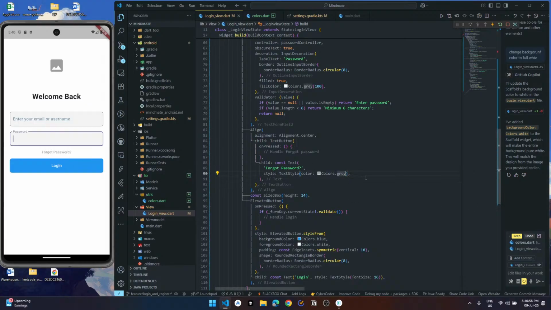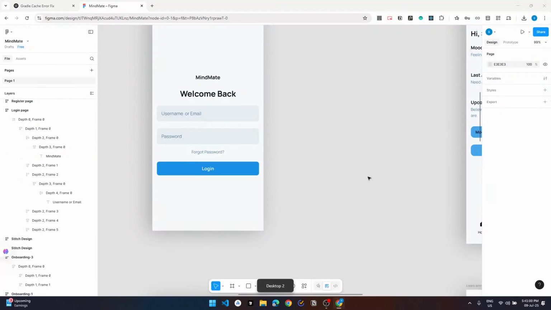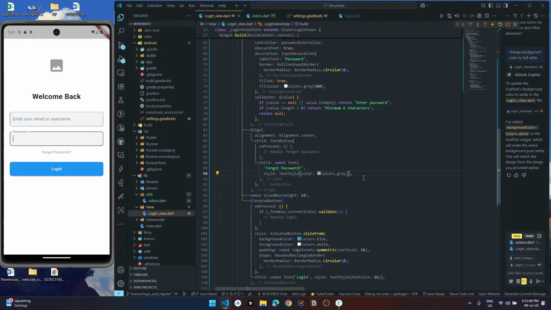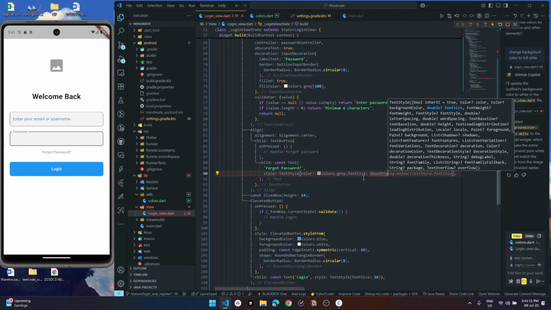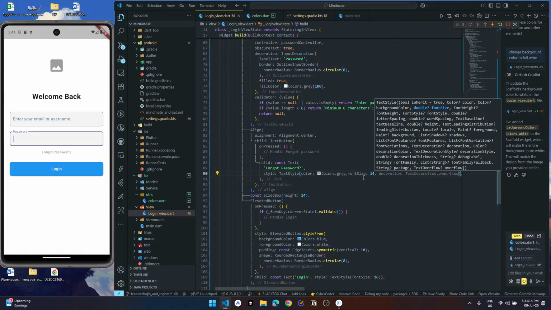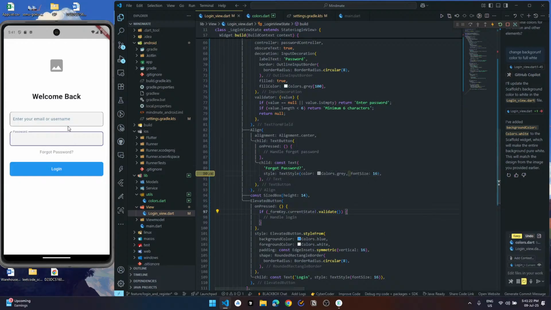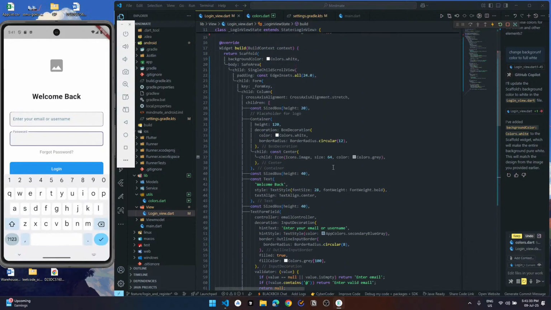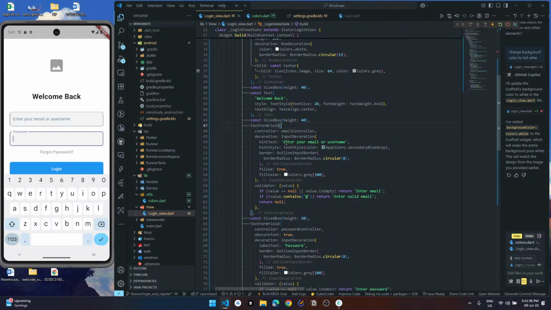And we want a little bit bigger forgot password, so font size 14. 16. Ready.